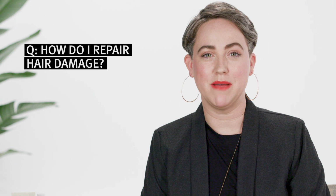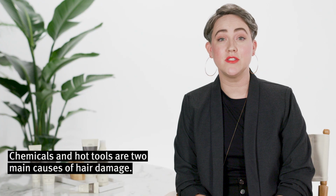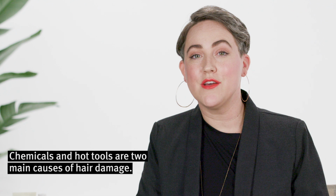How do you repair hair damage? Hair damage occurs when you overdo things to your hair, so be mindful of the things that you do every single day. But the two main culprits are going to be chemicals and hot tools. We tend to overstress the front part of our hair because it's most easily accessible when we're blow drying or